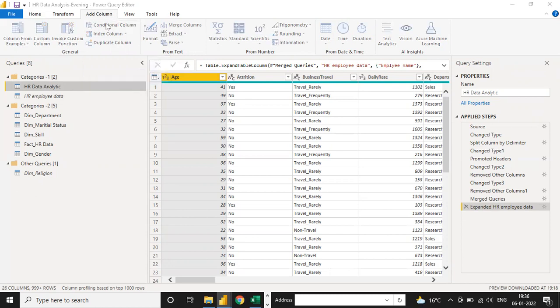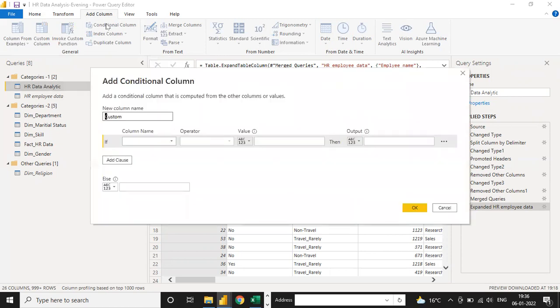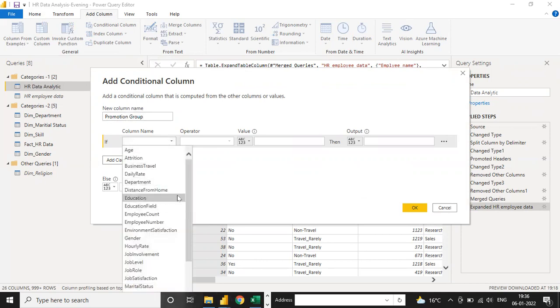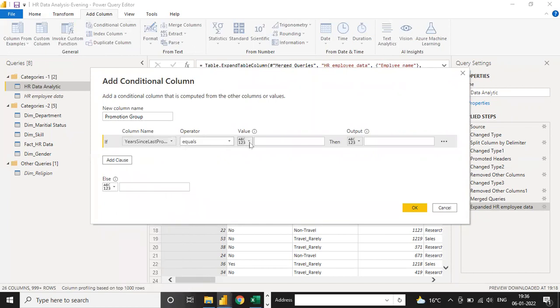Suppose I write a condition. Click on this conditional column, and you can see the new column name field. So change the column name; I'm writing here promotion group. Select directly from the column name, which is years since last promotion. Select greater than or equal to, suppose 10.